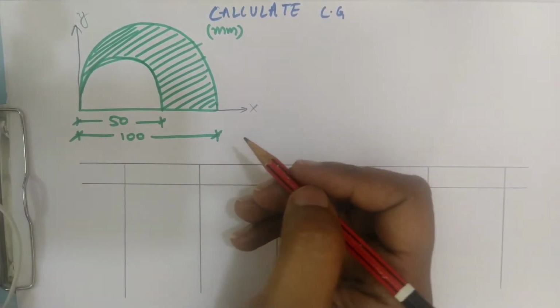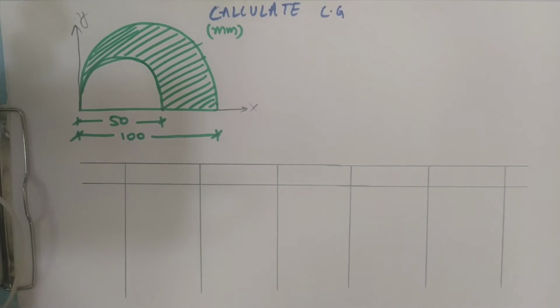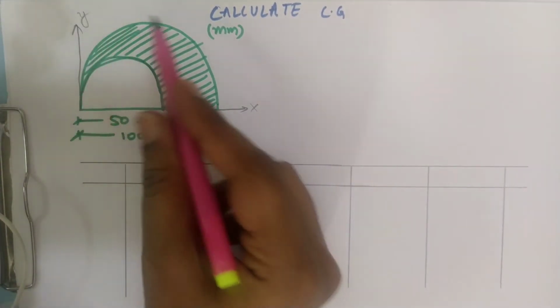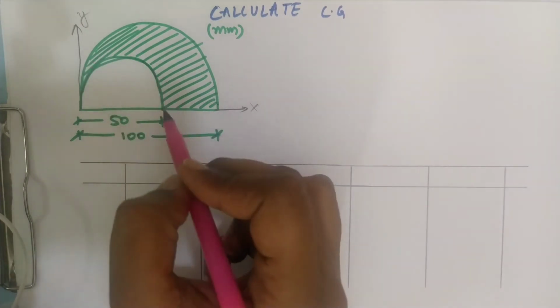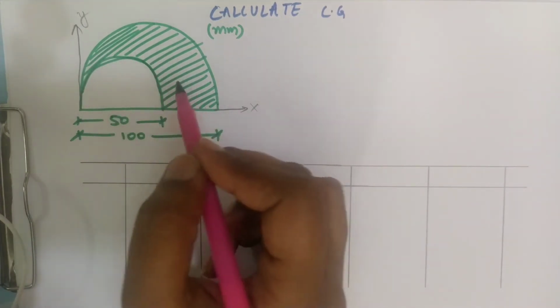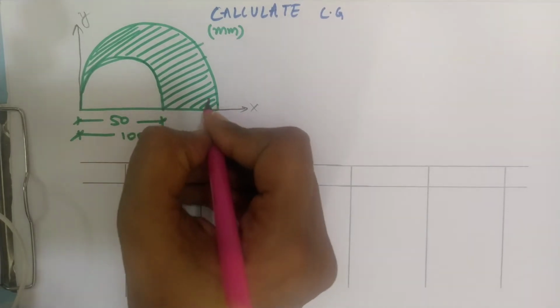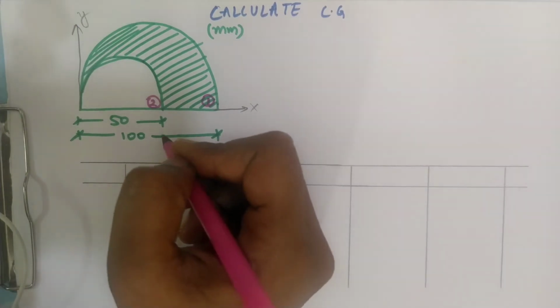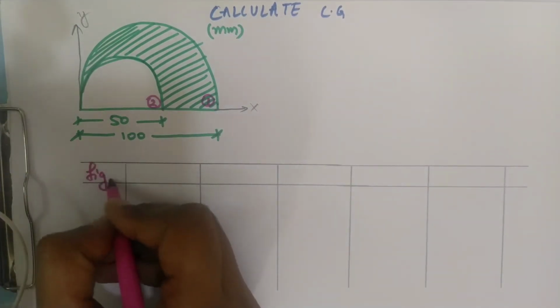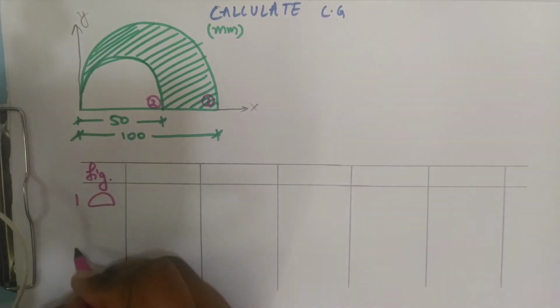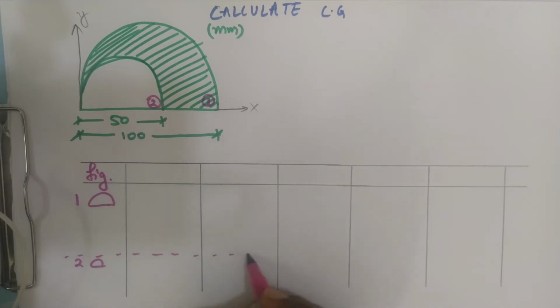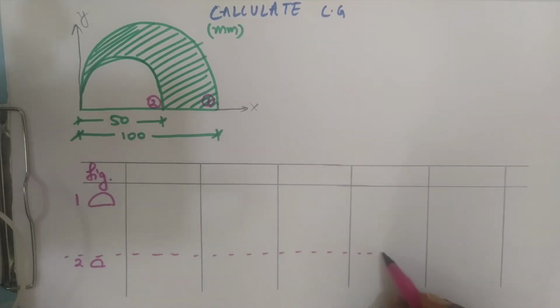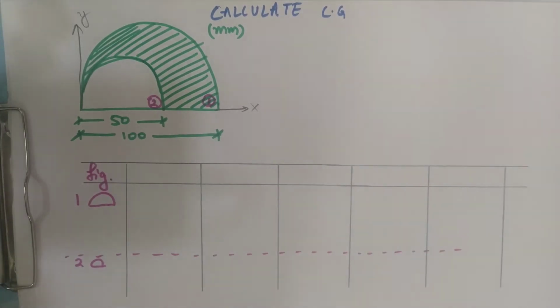In this one, first we have to find the area of this particular figure. The bigger semicircle minus this smaller one will give you the CG of the lamina. What I am putting is this one is 1 and this one is 2. So bigger semicircle minus smaller semicircle. I am putting here figure 1 as the big semicircle, then second a small semicircle with a dotted line, so that whatever values are coming below this line will be deleted.